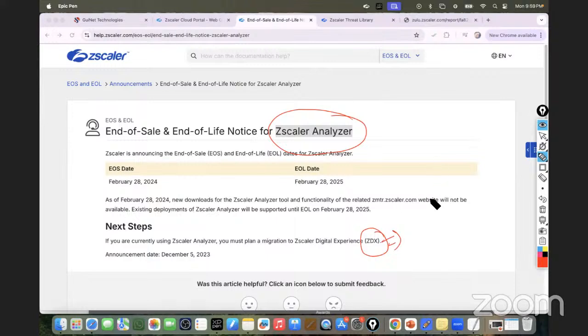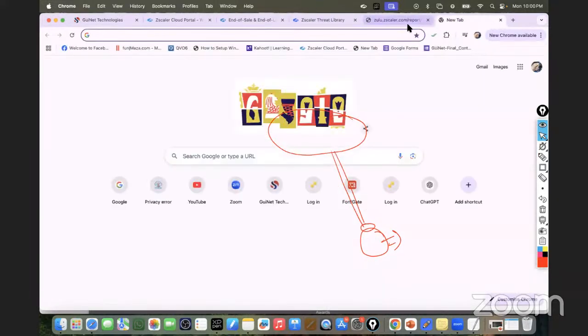ZDX has a special tool feature known as the Zscaler Digital Experience. Whatever the Zscaler Analyzer was doing, ZDX now does with some enhanced features. So if you have any kind of real-time network monitoring, diagnostics, application experience of the user, reporting, latency, response time, any additional check, hardware check, Wi-Fi check, or end-to-end ISP connectivity check, Zscaler ZDX covers it. If I just go and show you,